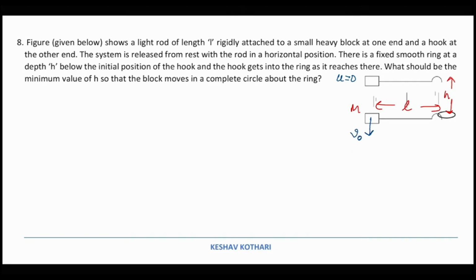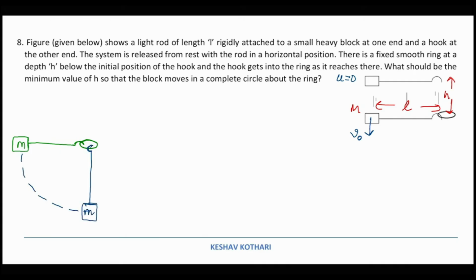So now if I consider the path which the system is defining, it will be something like this, that this will become the fixed point or the support, and the system will be moving in this way, that this is the block of mass m, and it will start moving in this fashion in a circular path,